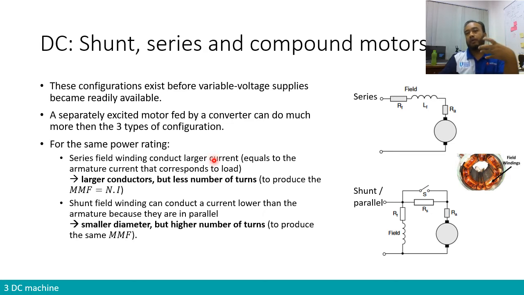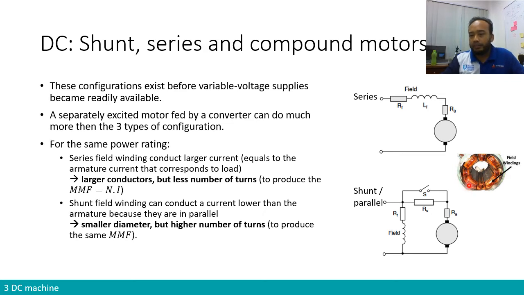So we know when you have the same power rating, in electric motors, in electrical machines, what we are generating to create the magnetic field is what we call MMF. So we have revised this in the first chapters in topic 1. So in order to create that MMF, you remember that the creation of MMF is quantified by the number of turns of winding. So we can see that in field winding. So here we have field winding in this example of motor, and the intensity of magnetic field created by this field winding is equal to the MMF, which is the product of the number of turns multiplied by the intensity of current that circulates inside that turn of